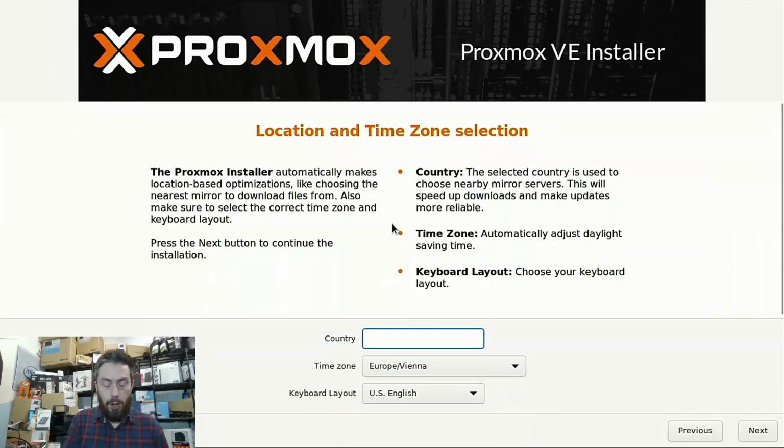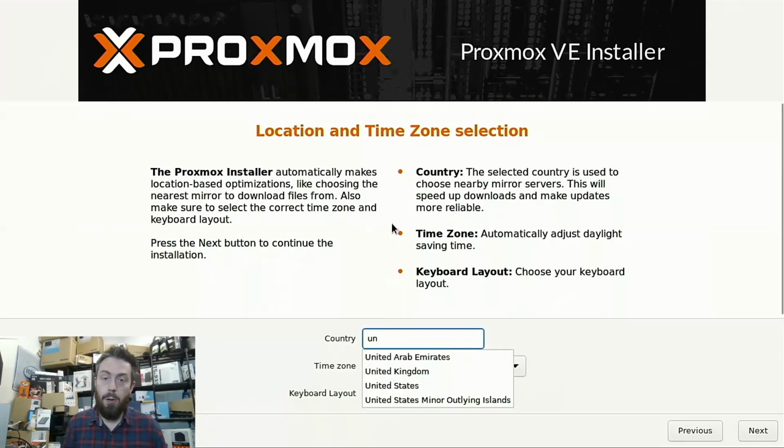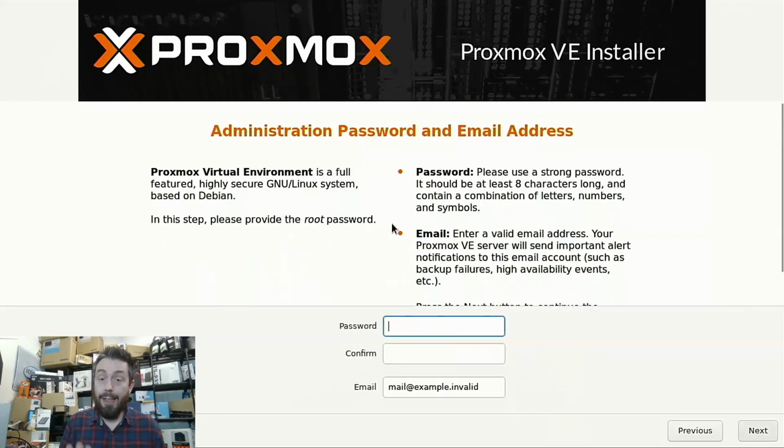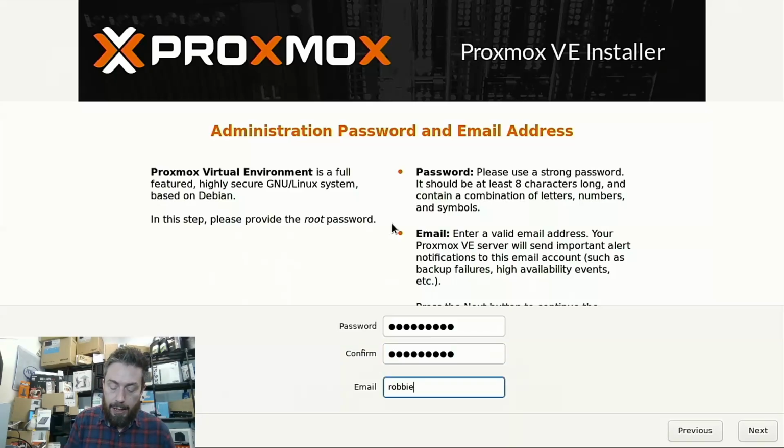We click next. Now we've got to put our country in, and this is what's going to be used later on for some of the Connect services. So again, I'm going to select the United Kingdom, scroll all the way along and click next. Remember to use tab to go through all of those options, just like any, even Windows CE, I think, used that kind of stuff. Next, create your password. Your login should be the root system login authentication, but we'll double check that later on. And add an email address, because you might want to use it for recovery, as well as if you want to use some of the VE server capabilities from Proxmox.